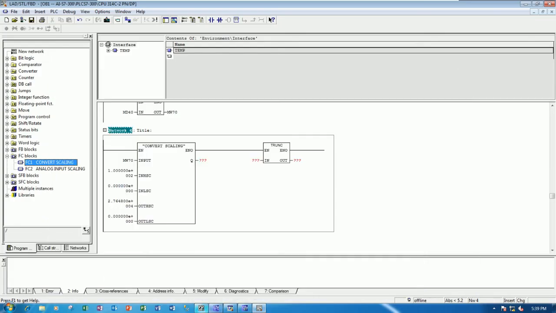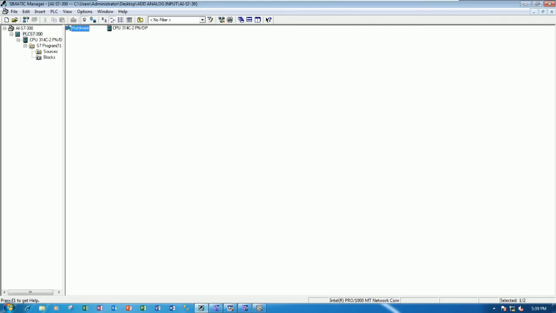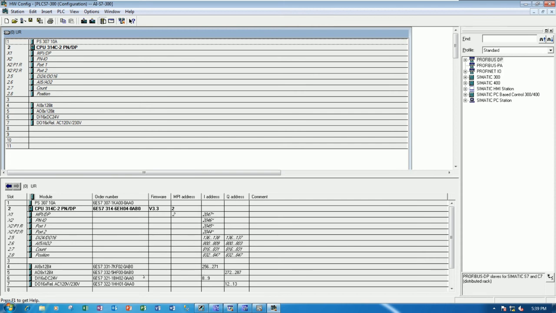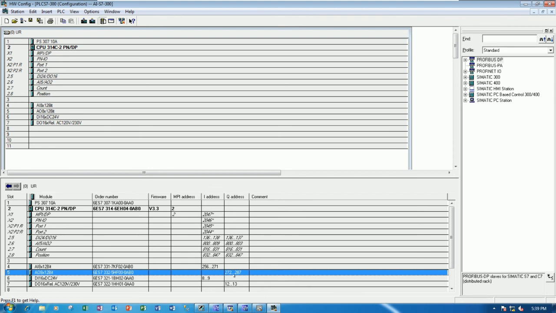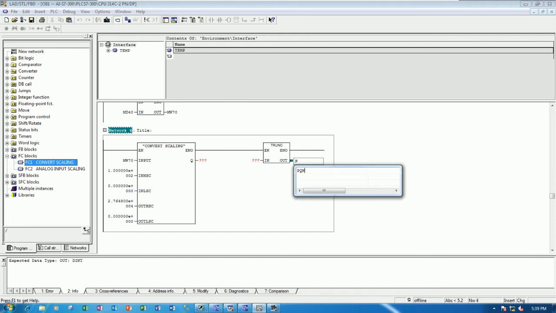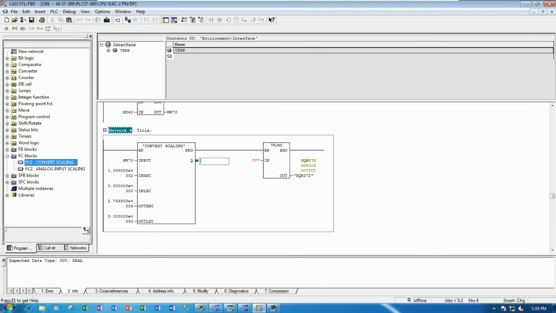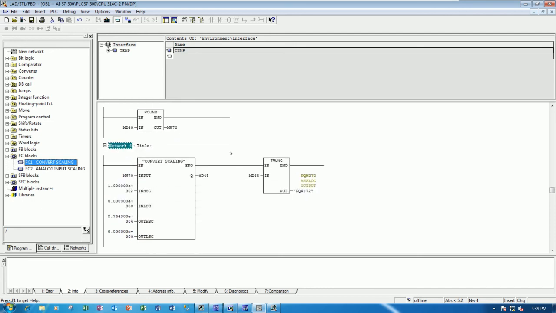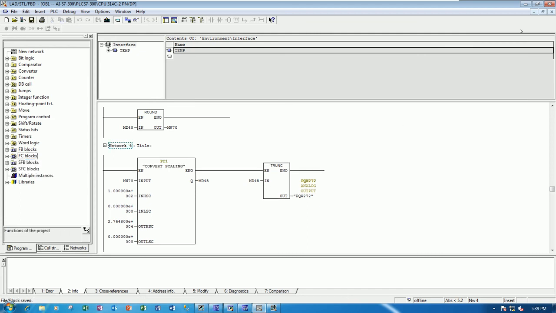So let me show the analog output hardware. Go to hardware configuration, and then it will start from analog output here, PQW 272, right? So PQW272. Okay, and this one we can put the MD45, yeah, example. Yes. So from output the PID, it will convert, and then it will generate the milliamp or volt to the analog output, right? So okay, save the project, and then